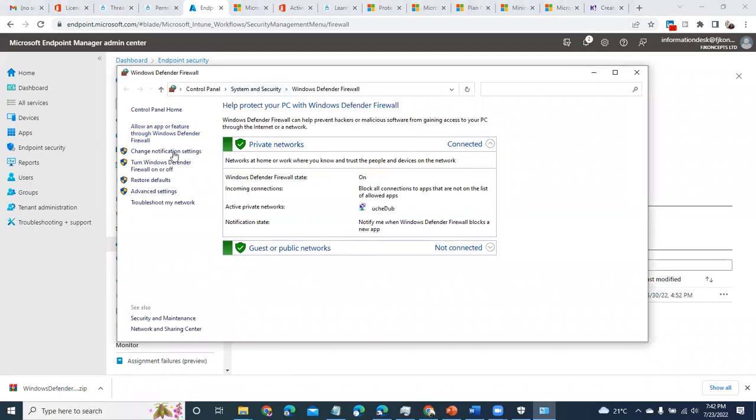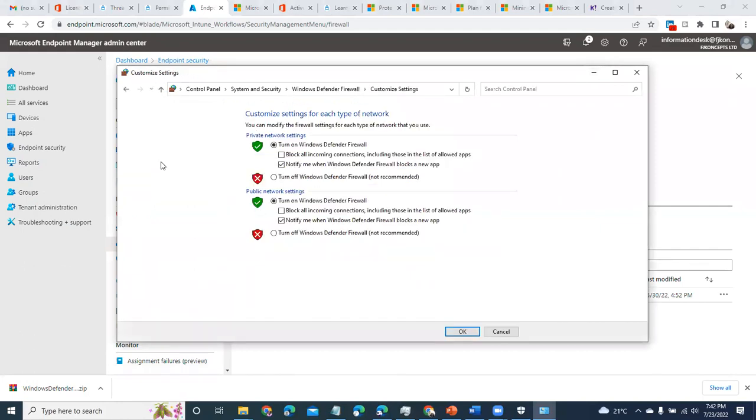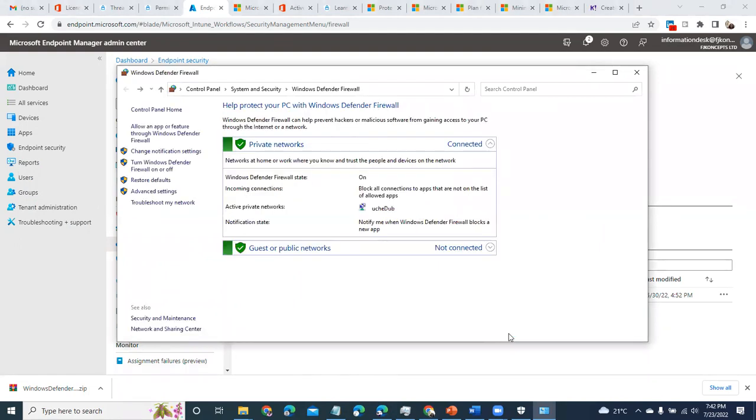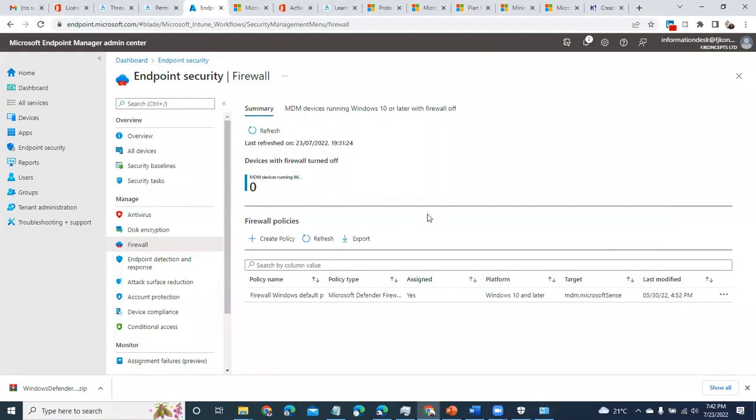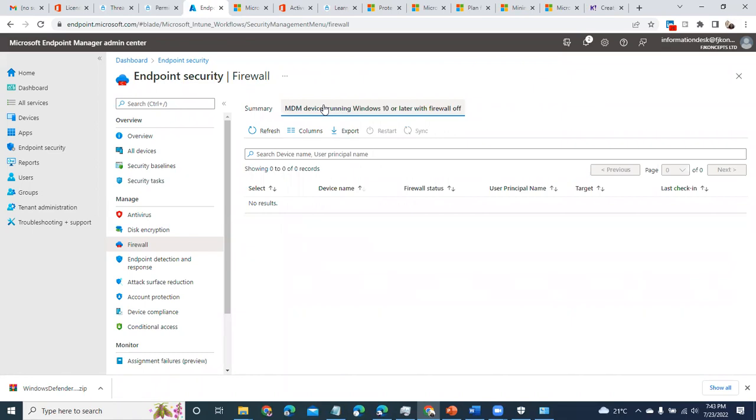Ideally, what you will hear is turn Windows firewall off and on. People would come here and turn it off so that the application can work. Now, once this device is onboarded, you can come here and create firewall policies that exclude the process they need, while still leaving the firewall running to secure other processes that are not the one that needs exclusion. That makes sense? I can repeat myself if I didn't really get the point across.